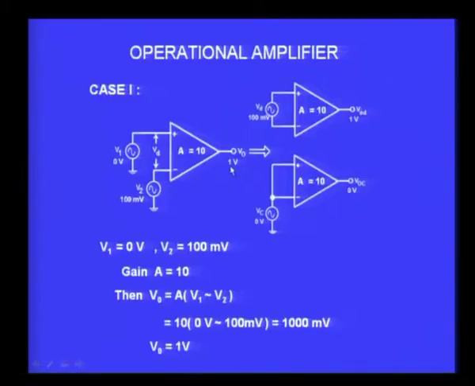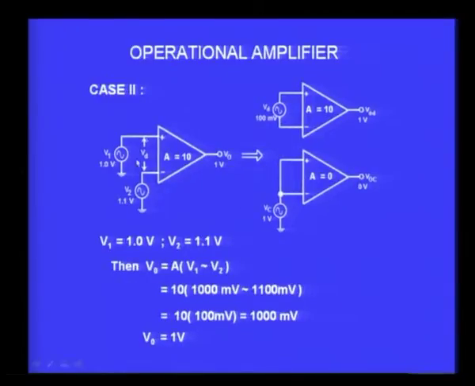and then what I do is I modify, I give 1 volt at the input V1 and 1.1 volt at the input V2. What do you mean by 1.1? It is 1 volt plus 100 millivolt. One input is 1 volt, the other input is 1 volt plus 100 millivolt. The difference is still 100 millivolt. So, if the amplifier is a very good difference amplifier, then it will now worry only about that 100 millivolt, which is only the difference between the two inputs, and that multiplied by 10, if I get 1